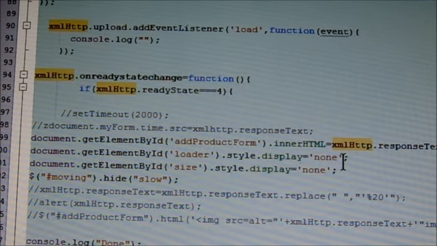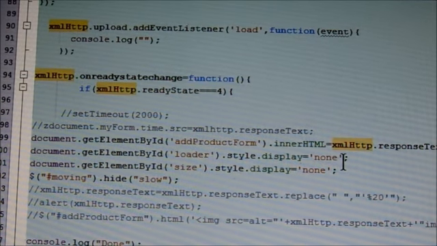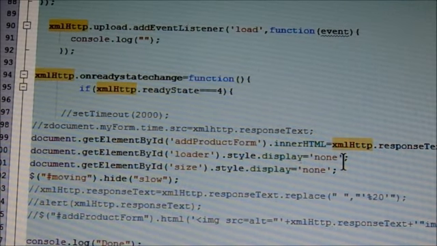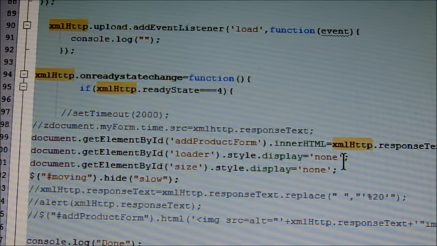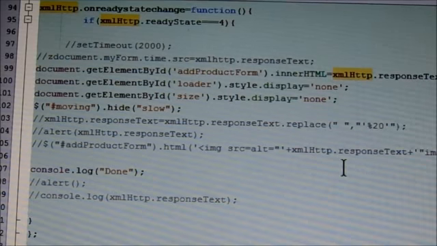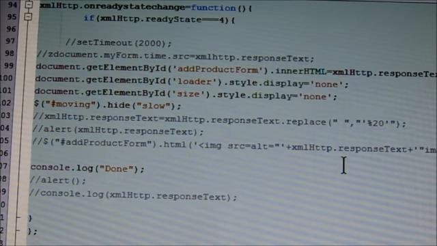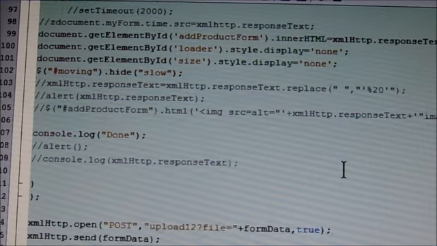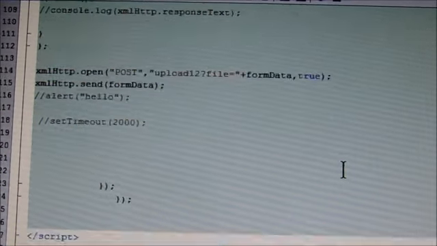document.get element by id display equal to none, and display also equal to none, and moving.hide equal to hide slow. And we see here